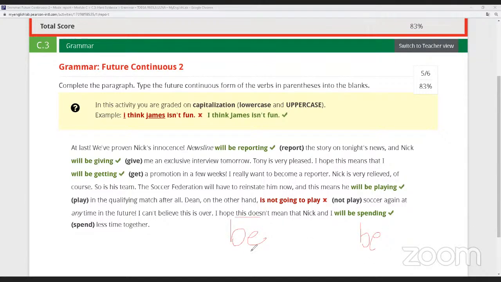Don't forget that we have two verbs be. The first one is this one, the verb to be that I can modify: is, are. In this case, we're using this because of the subject, and then you forgot the other verb. And as I told you, this is the part where we're not going to touch. Esta parte no se modifica, entonces es en realidad lo que es la estructura. Entonces llegaríamos a la conclusión de que tenemos dos verbos to be, ¿ok? He is not going to be playing, and the ing form, ¿ok? Don't forget, we have to write the future continuous.